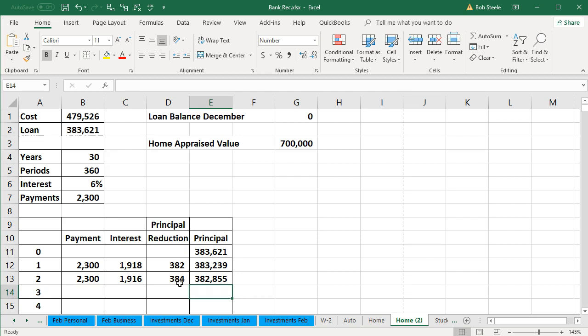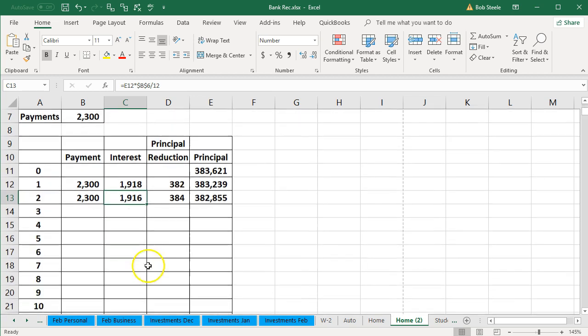So you can kind of see how that works, but we need some type of amortization table because you can see that although the payment's the same, the allocation between interest and principal is different. So we need to know what this allocation is if we're going to properly record this kind of loan. So it's an installment loan.